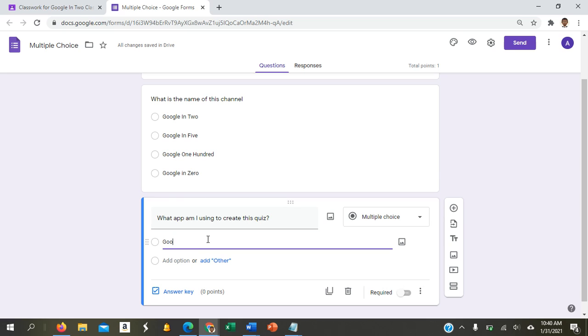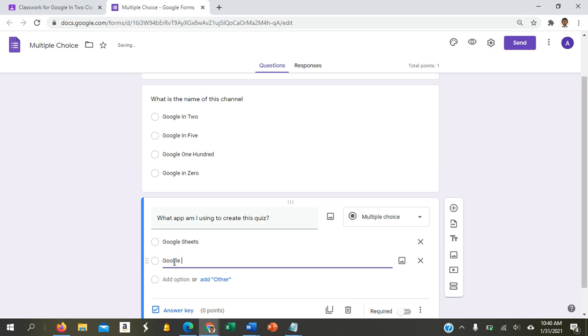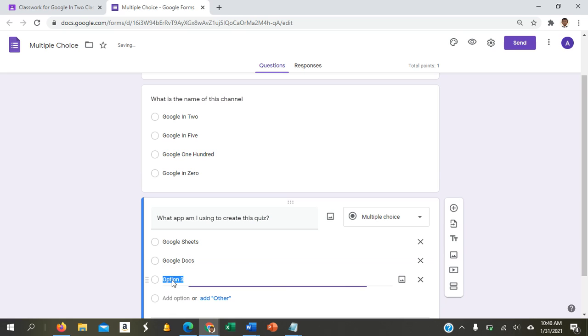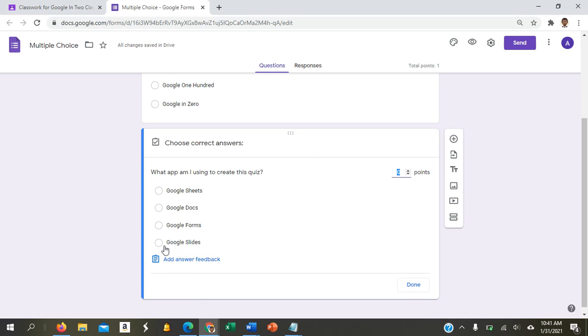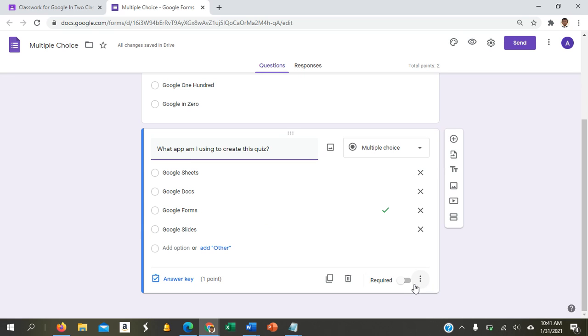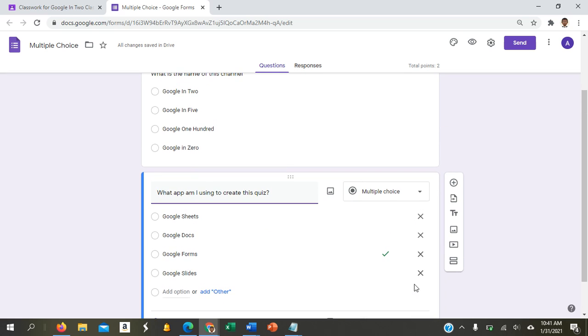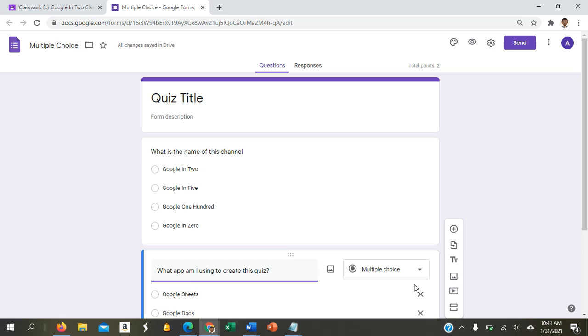Again, we're going to put Google Sheets, Google Docs, Google Forms, or Google Slides. And we go through the same process again. Click on answer key, choose the correct one. In this case, it is Google Forms, and assign the right amount of points. And you are done. Now, there are a few other options that you need not concern yourself with at this